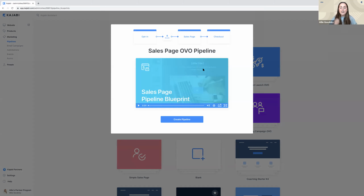OVO just means opt-in, value, offer. So I'll say that one more time. Opt-in, value, offer. So it basically just describes what people are doing in this pipeline, right? So they're opting in for something, they're getting value from you out of some email or download or some sort of value that you're offering right out the gate, and then you're giving them an offer to go deeper with you. So that's just the way that we like to describe it here at Kajabi,